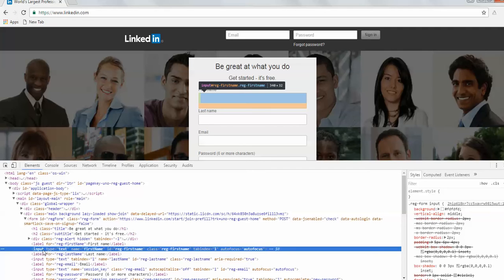It says it is of type text, and it has a name called first name, and it also has an ID. Always I would suggest go by ID. IDs generally are very unique, so the probability of an ID getting changed is very low. So basically I would suggest identifying your XPath using an ID.